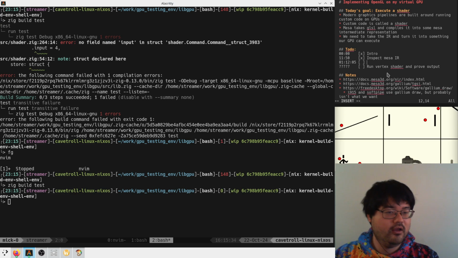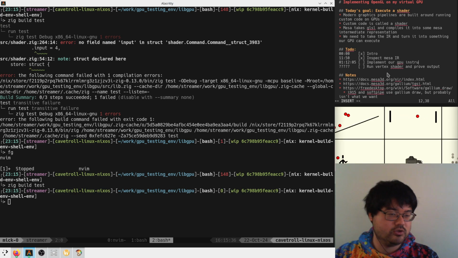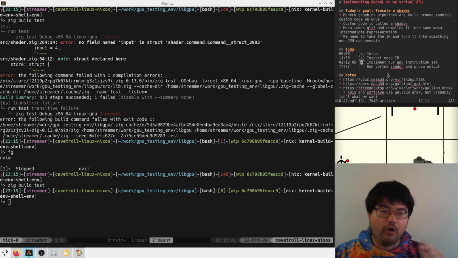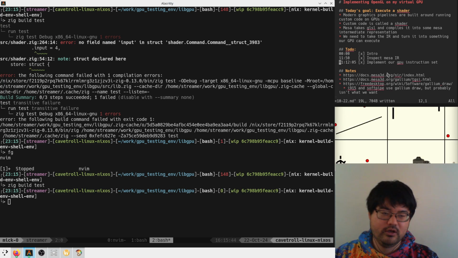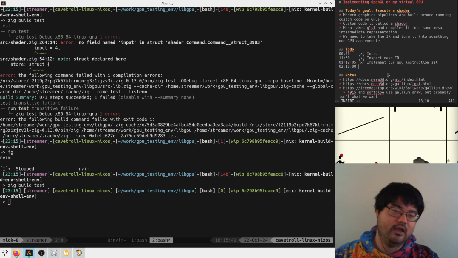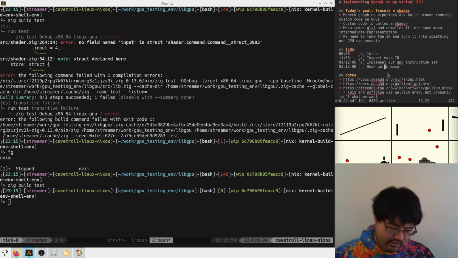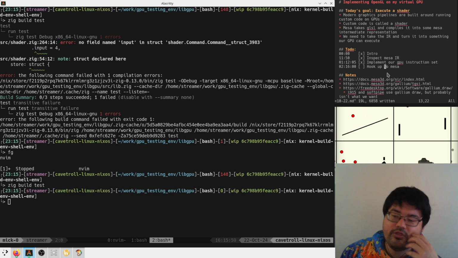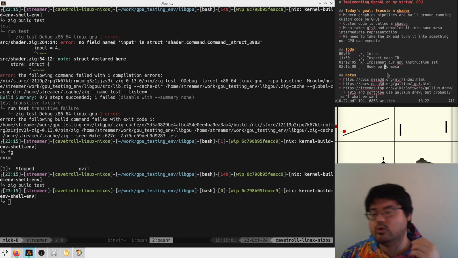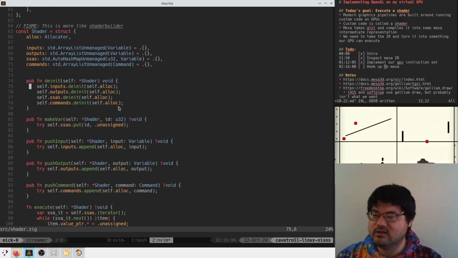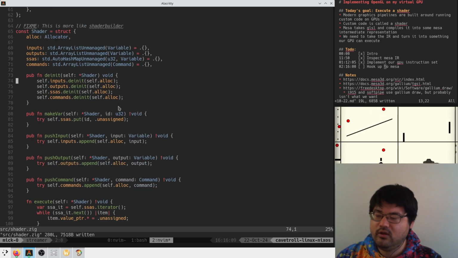So we'll say implement our GPU instruction set, right? And now all we have to do is hook it up to Mesa. So we'll say hook up to Mesa. I'm not going to pipe it all the way through to the QEMU GPU for now, because I don't think that's going to be doable in a short amount of time. But I think we should be able to get, at the very least, this working with